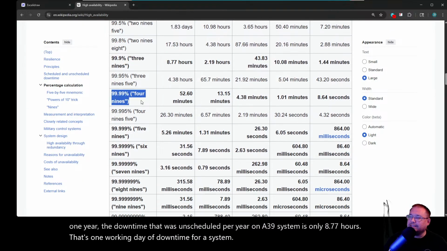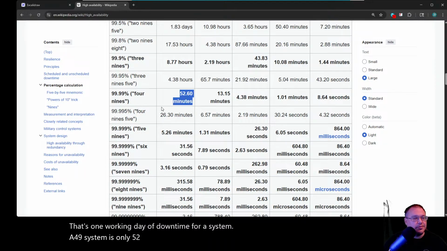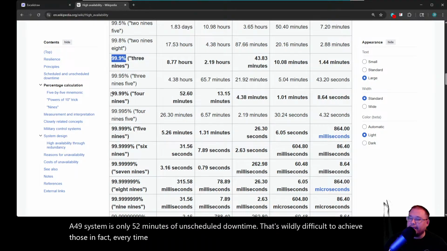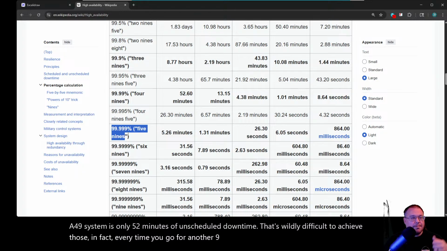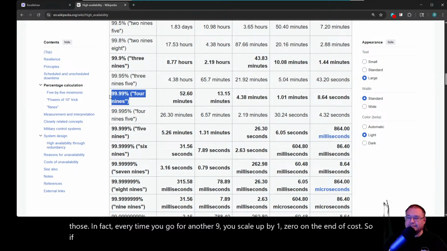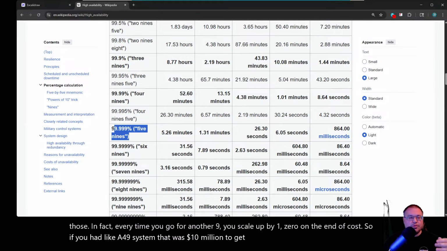A 4.9 system is only 52 minutes of unscheduled downtime. That's wildly difficult to achieve. In fact, every time you go for another 9, you scale up by a zero on the end of cost. So if you had a 4.9 system that was $10 million, to get to 5.9s, you are probably looking at a $100 million system now.